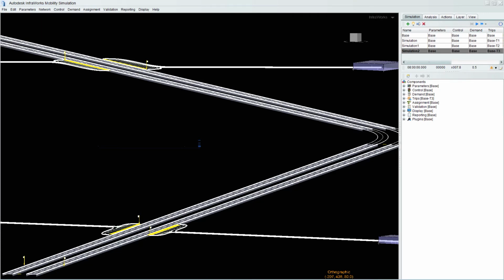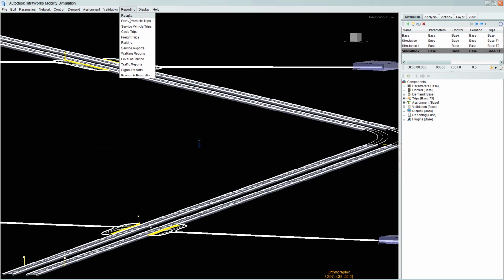Okay, so this is just a quick section on how to obtain results from the various simulations that you've been performing. So we can go up to the reporting menu, and there are quite a lot of different reports in here. But the first thing we need to do is to configure where the results are actually going to go.